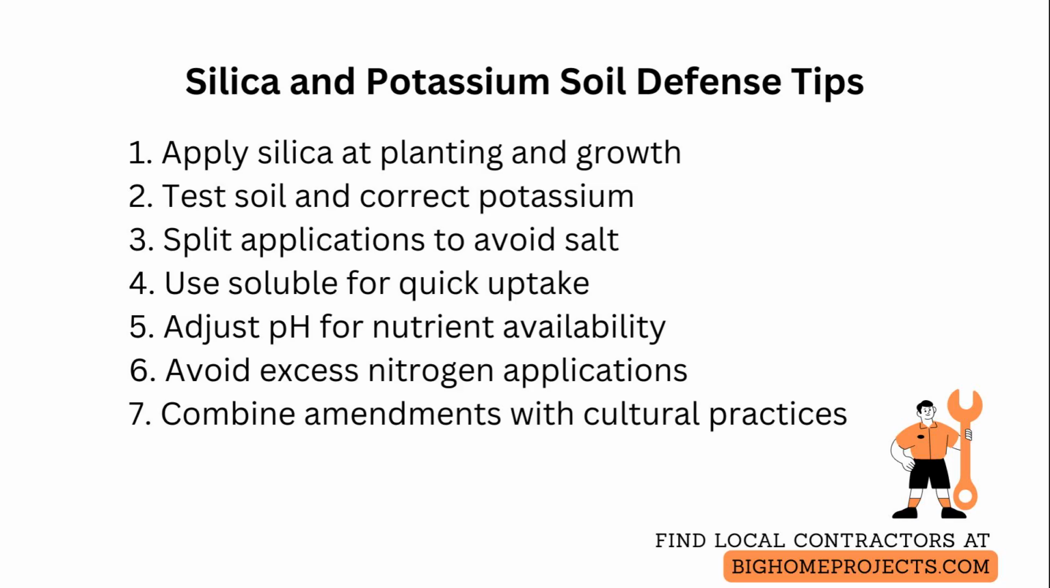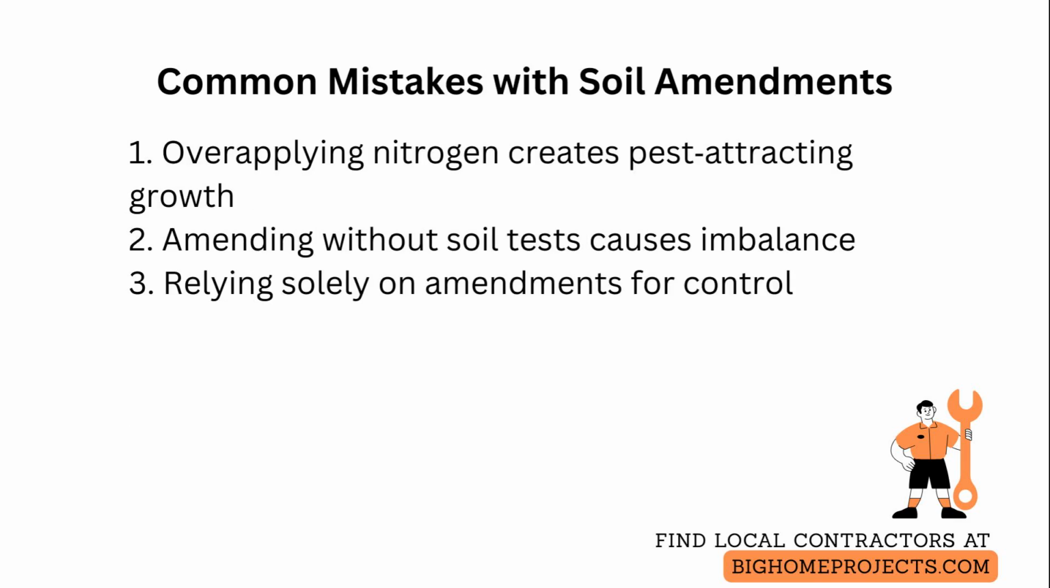When applying amendments as foliar complements, only use labeled products and low rates so you do not burn tissue. And record dates and rates so you can correlate plant response to specific changes over time. Three common mistakes crop managers make are over-applying nitrogen, which creates succulent growth that attracts pests, applying potassium or silica without a soil test that can lead to imbalance, and treating amendments as a cure rather than part of an